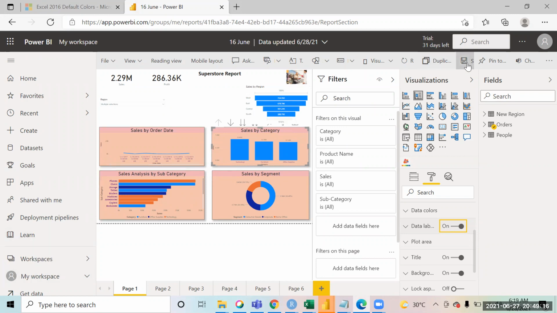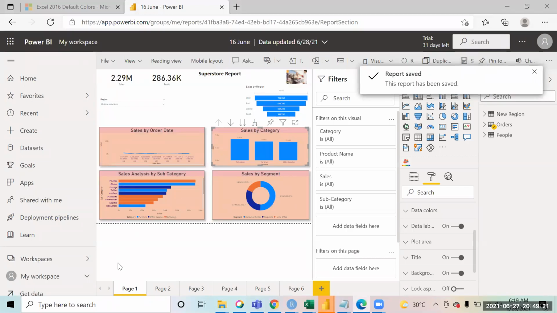And then once you're done with the changes, you can just click on save. Once you make any change, if you have already shared this report with some people, they will always see the updated report. It's not that they will be seeing the existing report. You will not have to reshare it again and again. Once shared, even after you make a change, they will see the updated version.